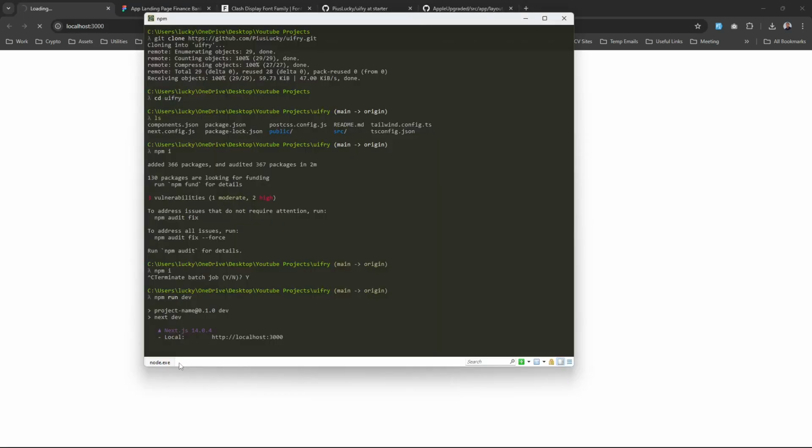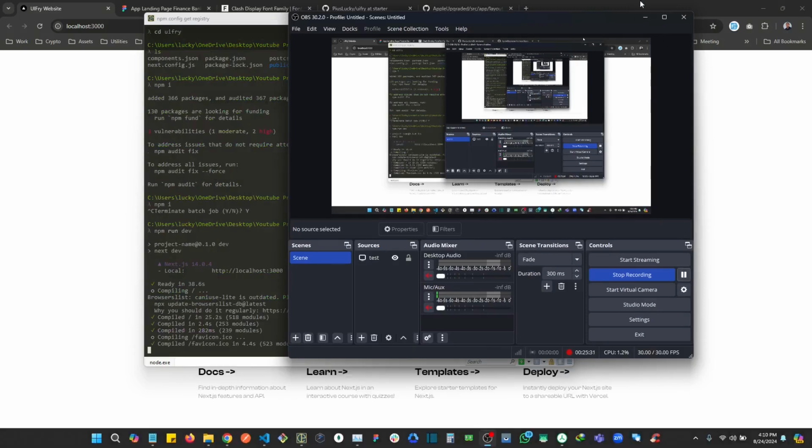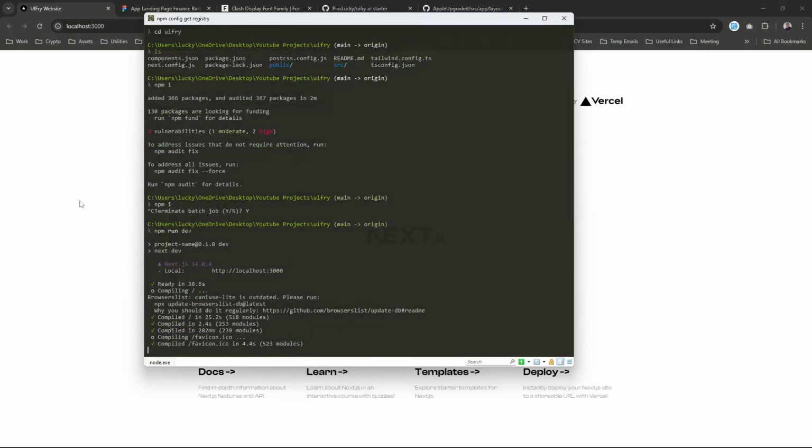If we go to that port right here, close out this one. Let's take this here. All right, so I think in the background it's going to start to compile, right? And the compilation process takes a few seconds, right? So yeah, I'll just allow it to compile and then resume the recording. All right, so